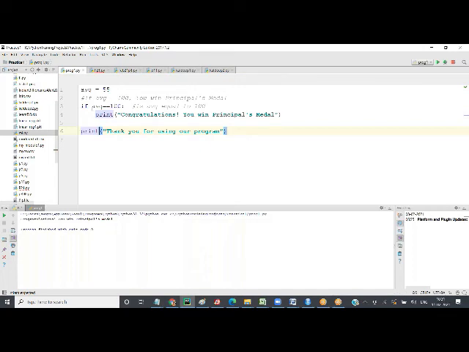So if this condition is true, only then this part will be called. If this condition is false, then this part will not be called. Line number 4. Line number 6 will be called in any circumstances, whether the condition is true or false. If the condition is true or false, line number 7 and 6 will be called, because 6 is part of main, and your print here is part of your if block.